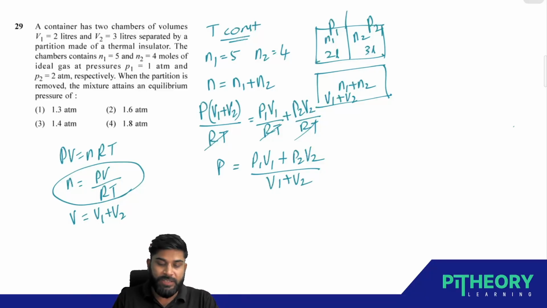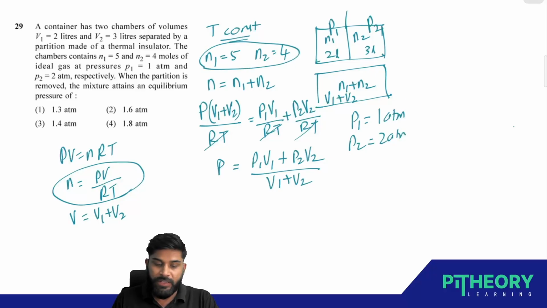What is the initial pressure that is given? P1 is 1 atm, P2 is 2 atm, correct? So all those values are also given. Initial volumes, also we have taken 2 liter, 3 liter, just we need to substitute. What will be the final pressure here? P1 is 1 into V1, which is 2 liters, correct? Plus P2 is